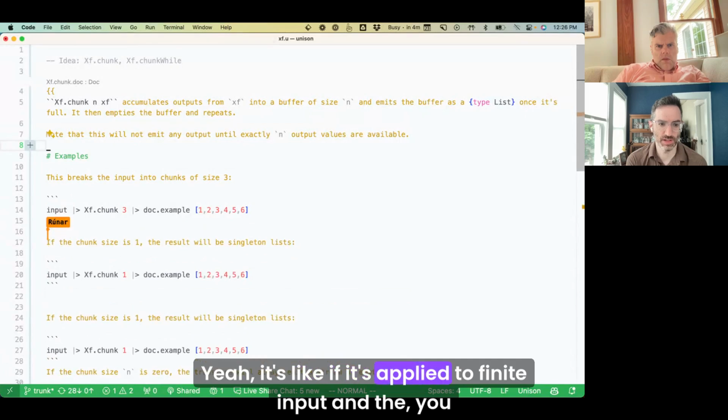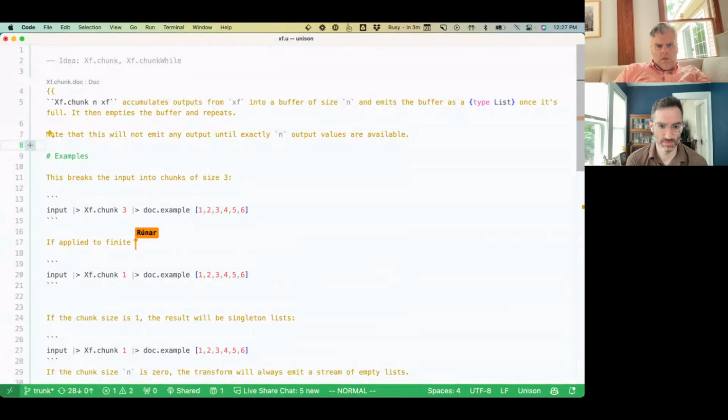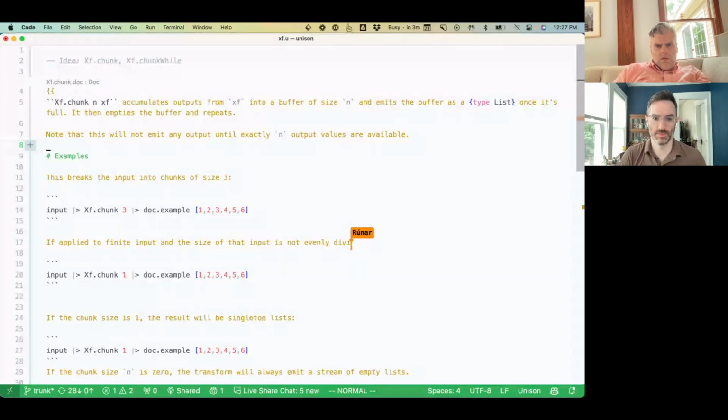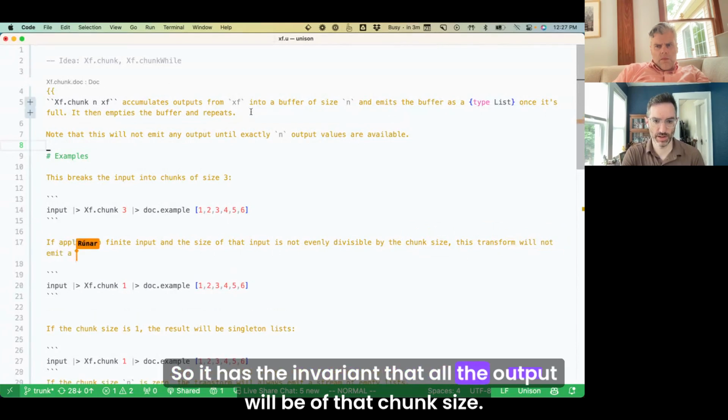It's like if it's applied to finite input and the size is not evenly divisible by k, then it won't emit a final chunk. It has the invariant that all the output will be of that chunk size.